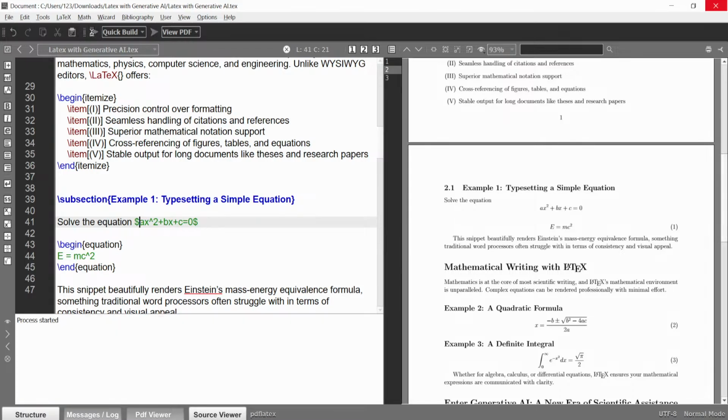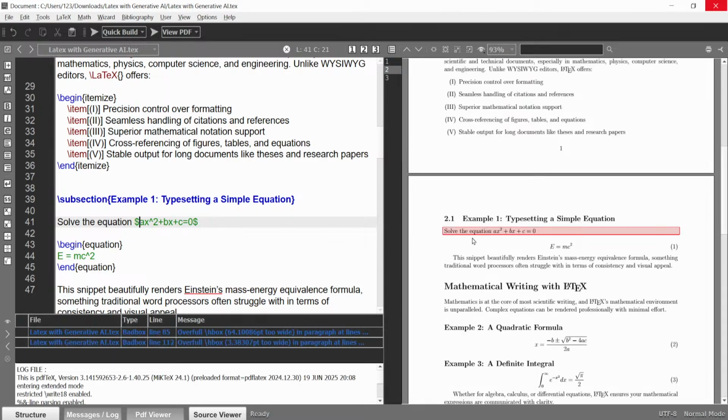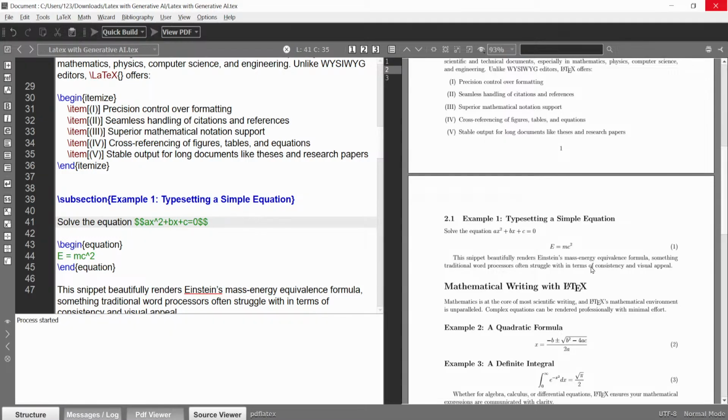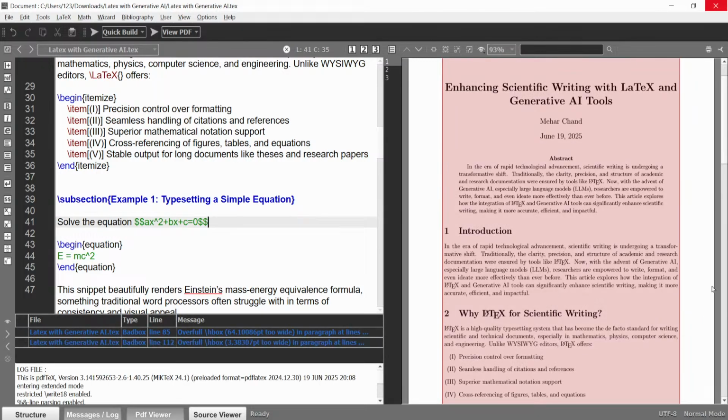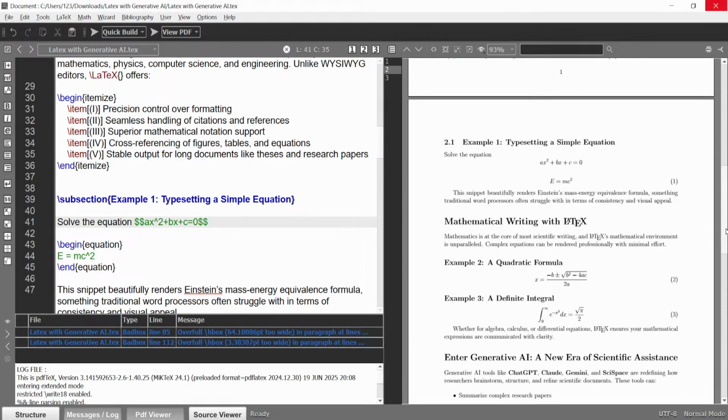See the difference. Now the equation is along with the text: solve the equation ax square plus bx plus c is equal to 0. When you use the double dollar sign on the left side as well as the right-hand side, the equation is separate from the text and is always in the center.